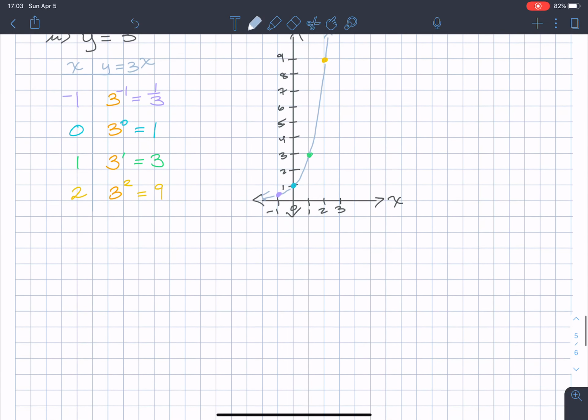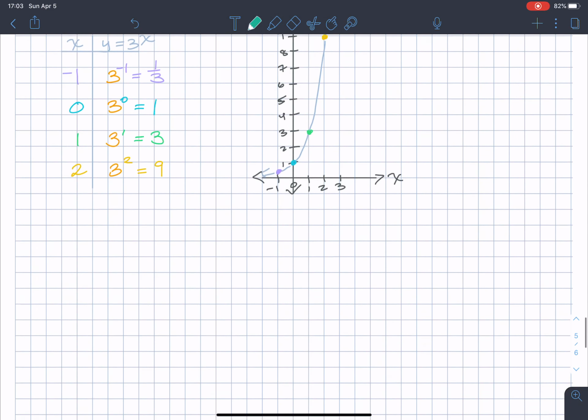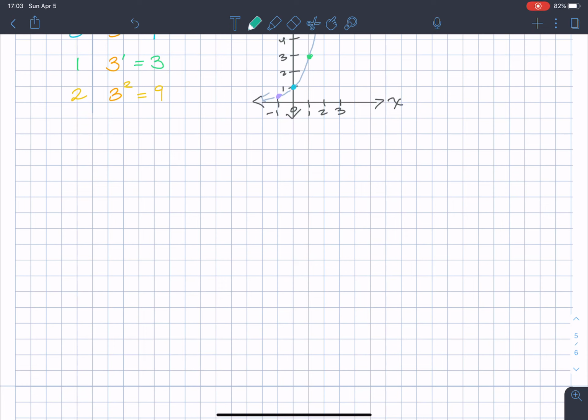Okay, so note exponential curves grow exponentially, right? They're getting very, very tall, very, very quick. So let's note exponential curves grow exponentially. Exponentially. Hence the term